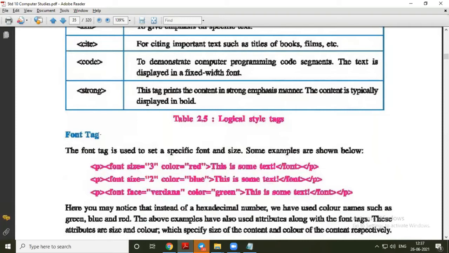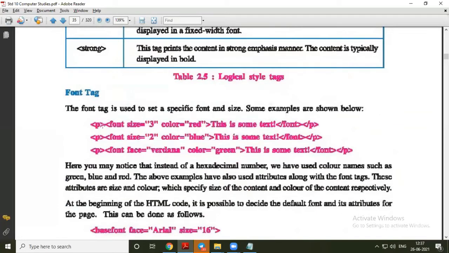Now comes the font tag. This is something interesting wherein we can give different effect to different fonts.